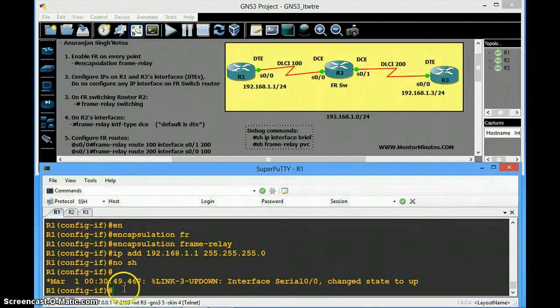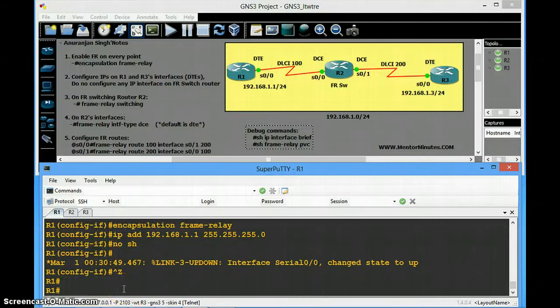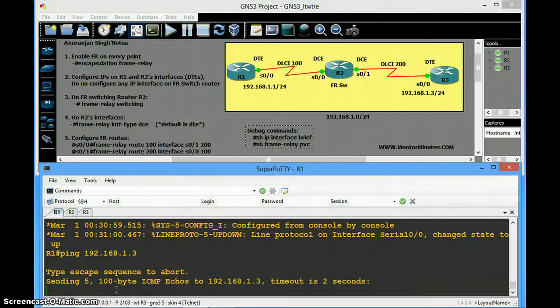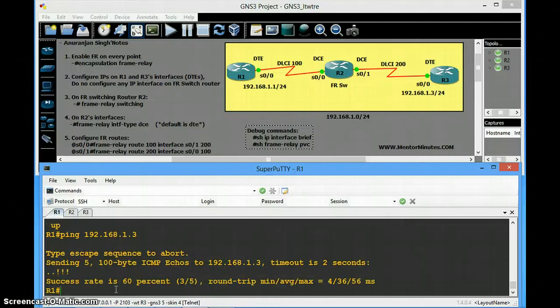Now we'll try to ping directly, or we can check the debug command, this also PVC, but directly ping. We are pinging from router 1 to router 3, 192.168.1.3. So we'll check. Okay, the first ping or two are dropped, otherwise it is successful.